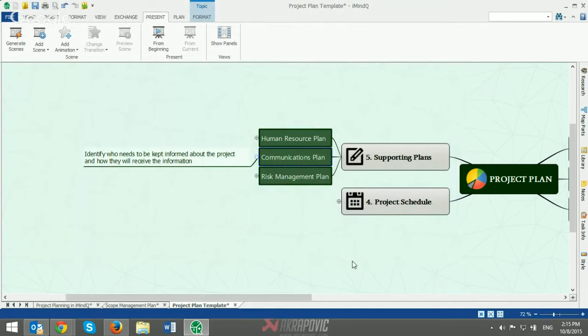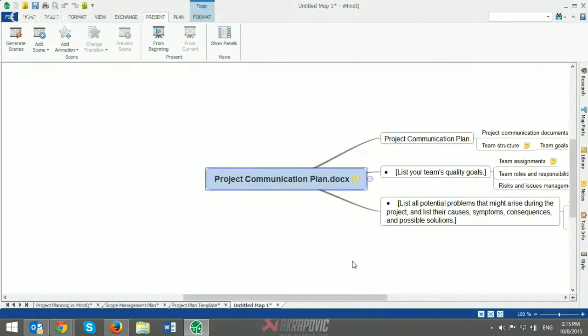The document will be open as a mind map in our application. I just have to wait a little bit so each topic is mapped properly. Here is the map. In order to add this map or branch to the project plan template, I'll have to select the central idea,